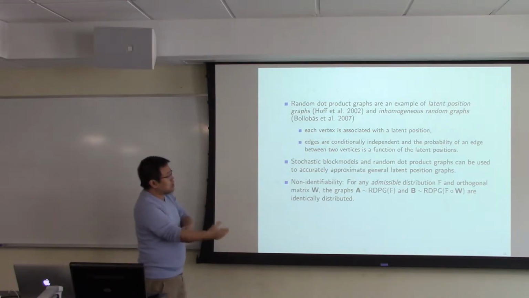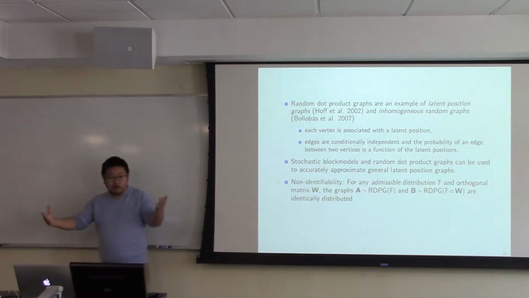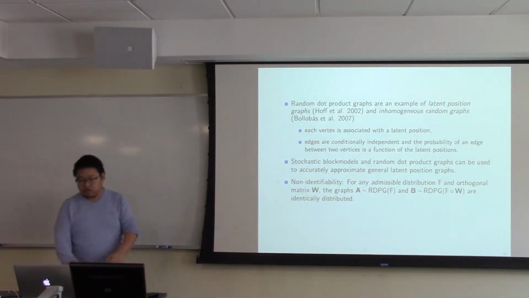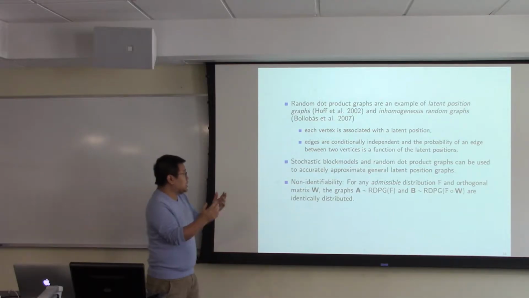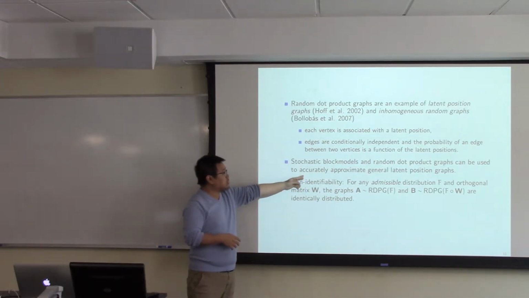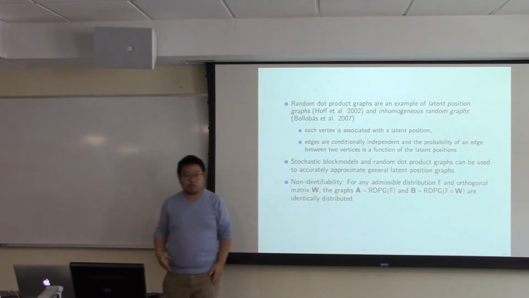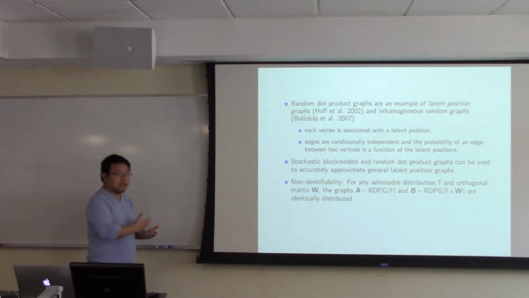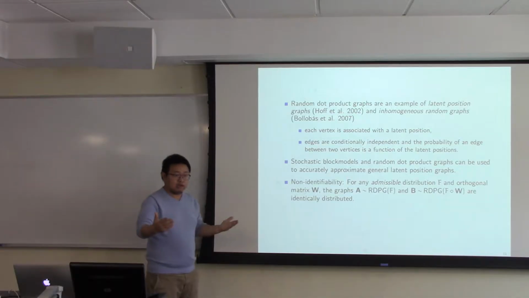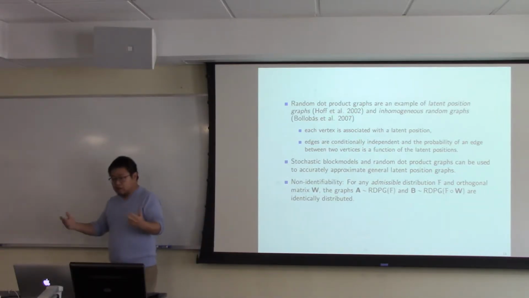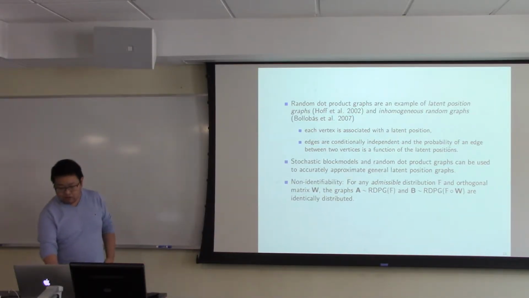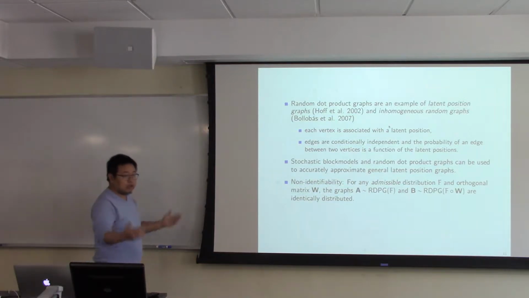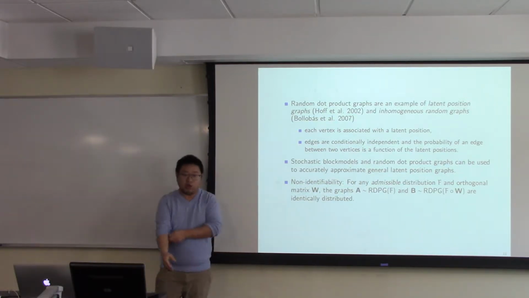In a sense, the function could be very arbitrary, but if the function has some nice properties such as continuity, then any latent position graph can be approximated by stochastic block model graphs if you have enough blocks, or by random dot product graphs if you have enough embedding dimension. Because you can think of this latent link function here as a kernel, and then the kernel can be approximated arbitrarily well